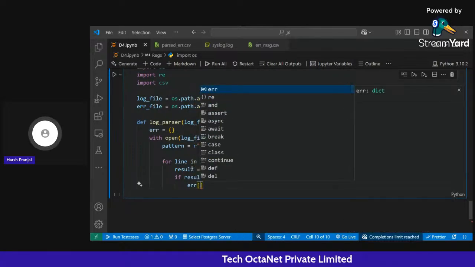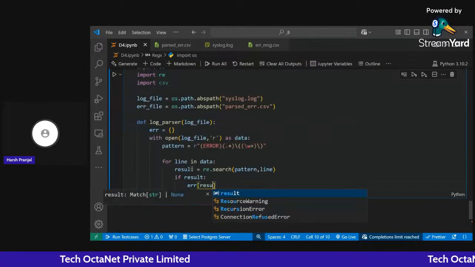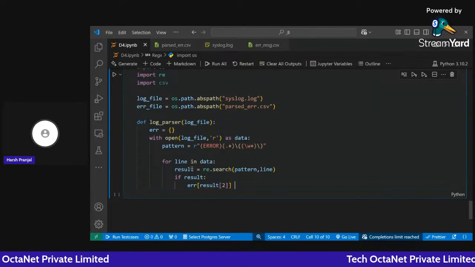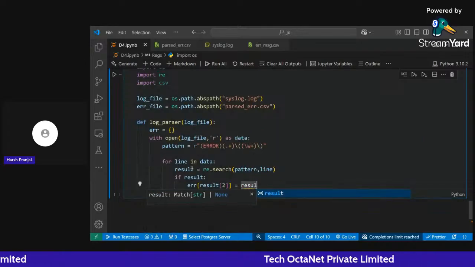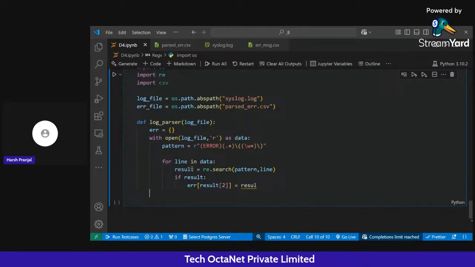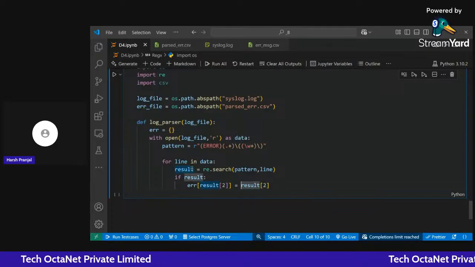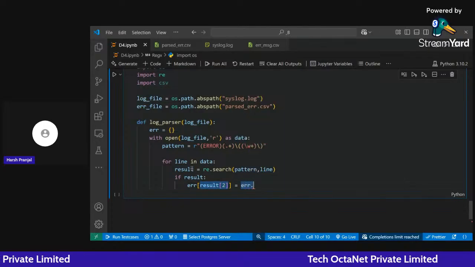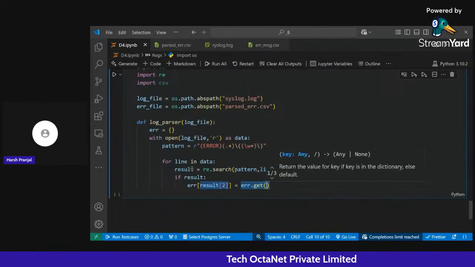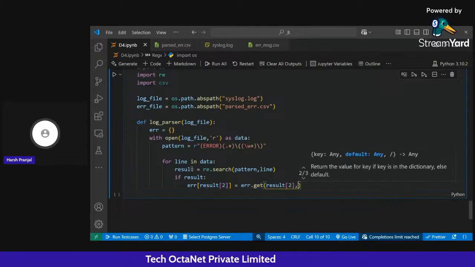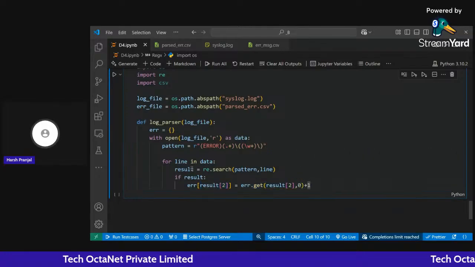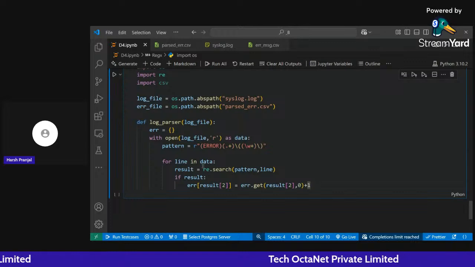Now this is again another way of inserting new data into a dictionary. result2 is equal to result.get. If result2 is not present, give me 0, add 1. Okay, now